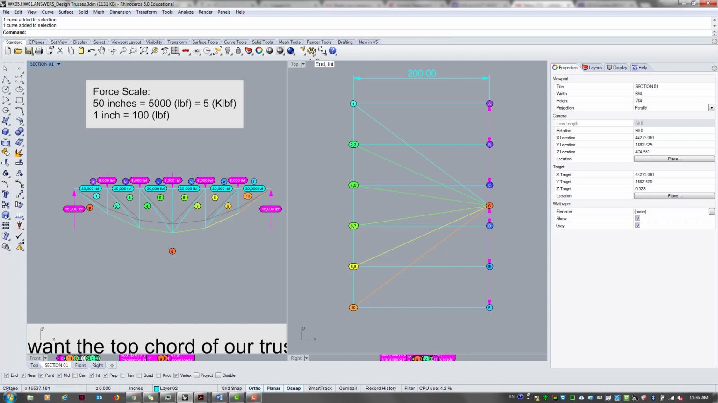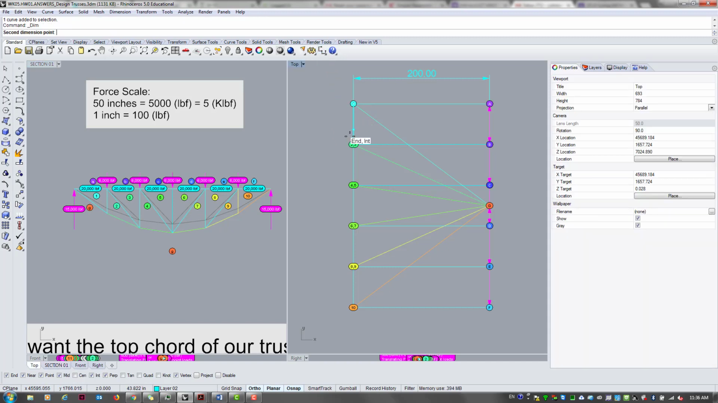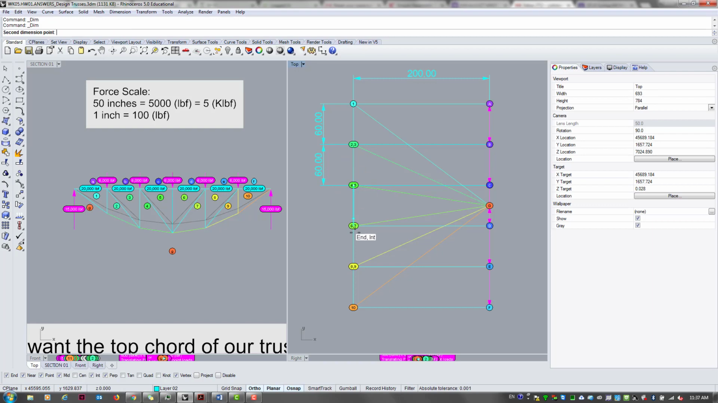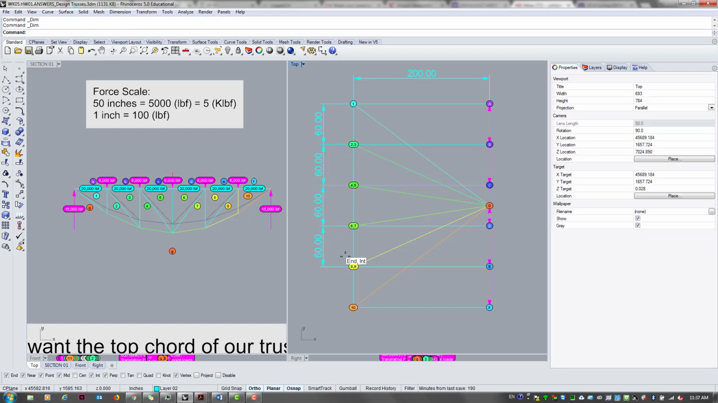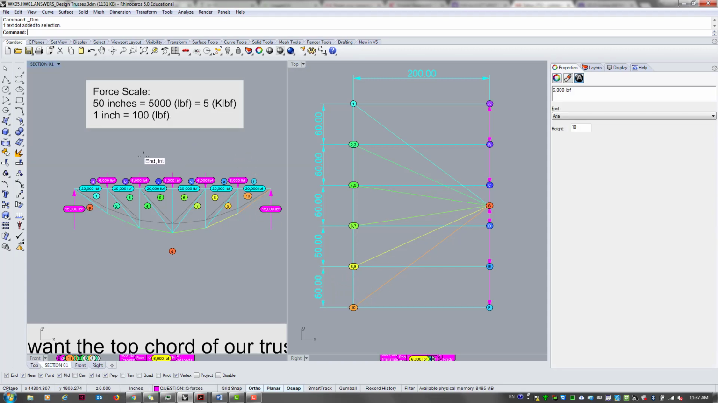And another finding is also all of these verticals 1, 2, 3, 4, 5, 6 and 7, 8, 9, 10, that's determined by these. So 1, 2 is 6,000, so therefore 6,000, 6,000, 6,000. So the internal force, and actually if you want to